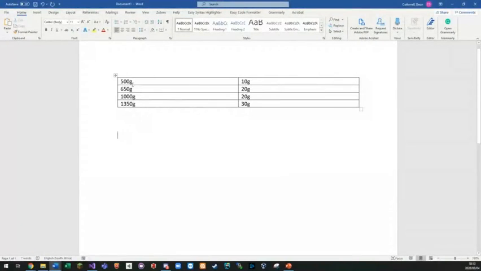Okay, remember, every time the puppy goes up a bracket, it gets an additional 10 grams. So we've got to work out how much food the puppy gets. So if the puppy is 650, it's the same if the puppy is 750. It also gets 20 grams. So we don't consider